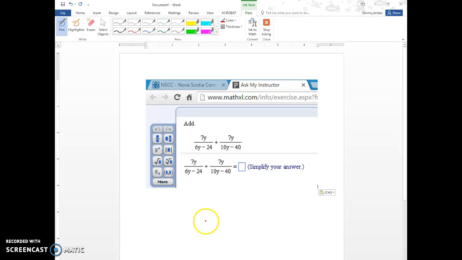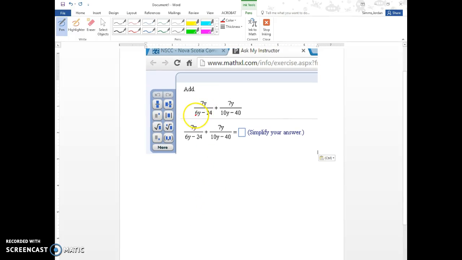Marcus, let's check this question out. This is a good one. We have 7y over 6y minus 24 plus 7y over 10y minus 40. What we're going to do right away, we're adding fractions, so we need common denominators here, but I have no